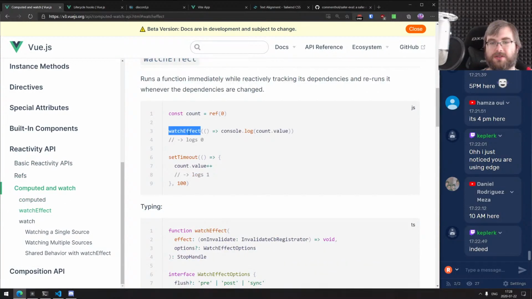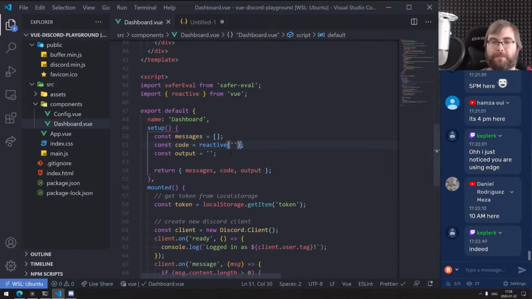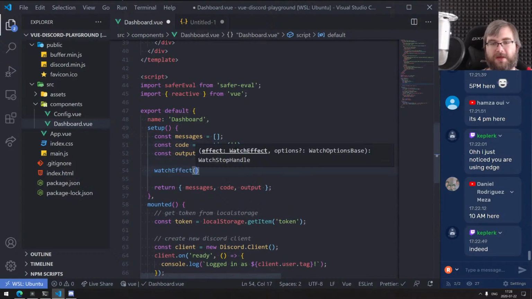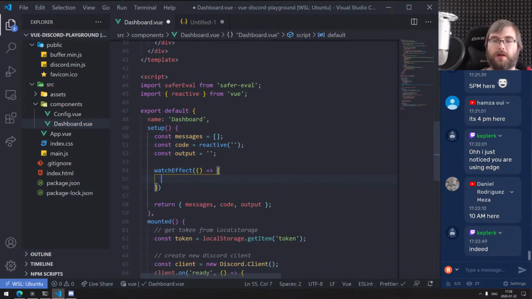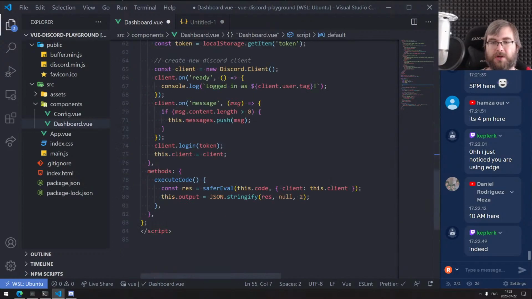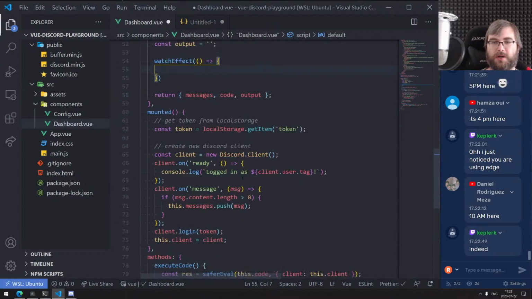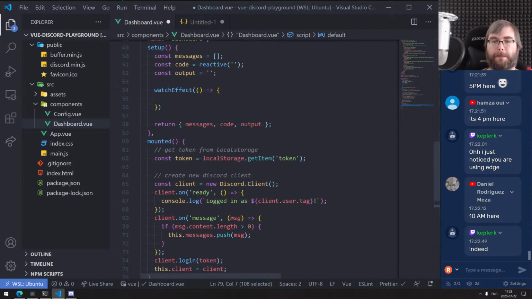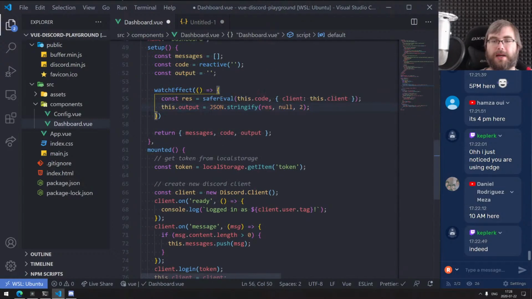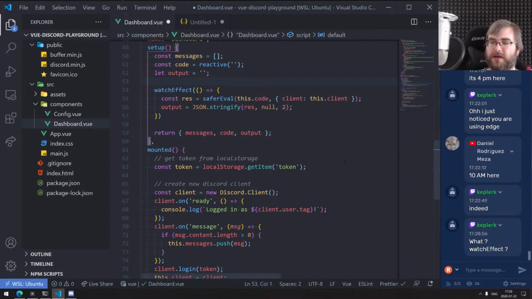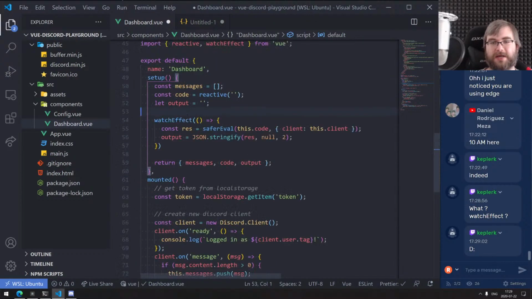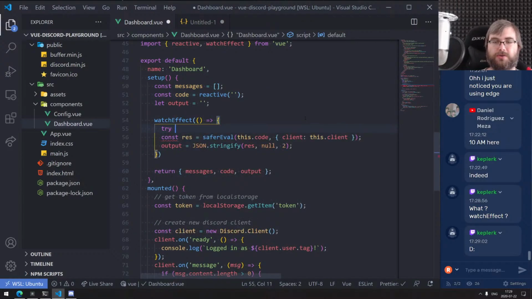So we can either have a computed property or we can have a watch, which I guess is used. Watch effect, yeah, though this is probably better. So we're going to have a watch effect thing here, and I'm going to import that. And I'm going to use this watch effect to execute the code immediately, right? Here's the question. If I modify the output, so if I say that this is actually let, will that actually change anything? Yes, so this is watch effect. This allows you to react to changes to the reactive variable. And what I'm going to do is I'm going to say,